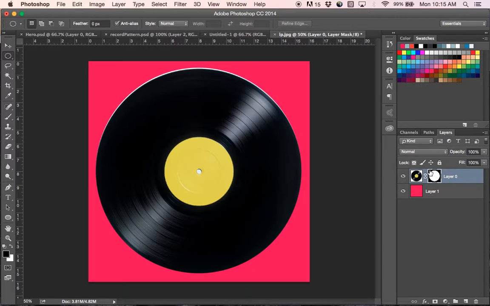So right now you can see that I have a layer mask cutting everything out around the record, and I purposely left a halo here just to show you how you can cut out the record by hand. It's not ideal if you have a geometric shape, but I just want to go through this. If you hit the brush tool or just hit B,